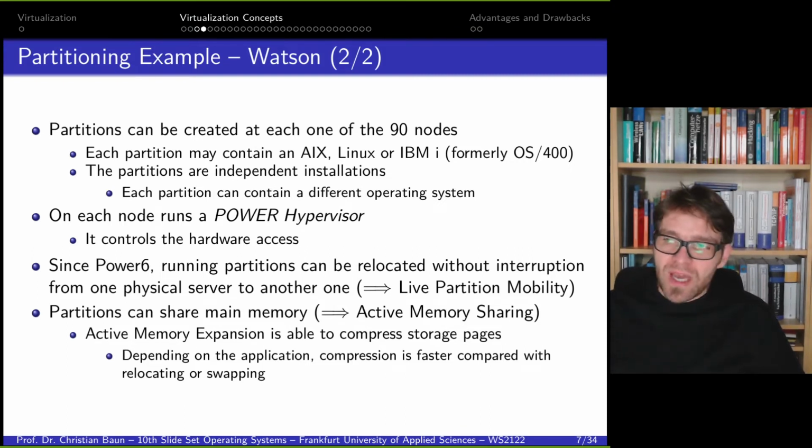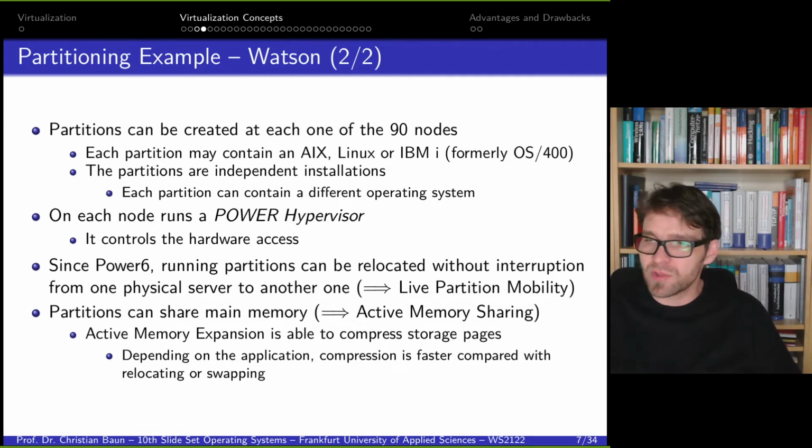And we have some interesting features implemented here, like live partition mobility, which means you can relocate single partitions from one physical machine to another one without interruption, or active memory sharing. So partitions can utilize the same main memory,